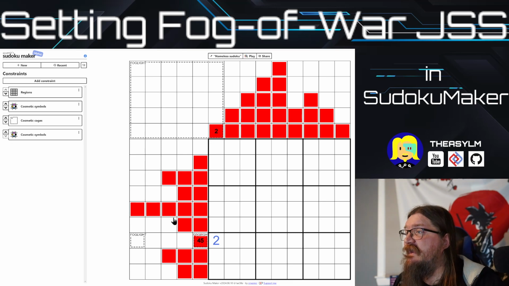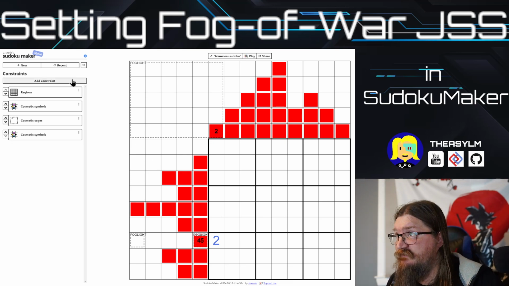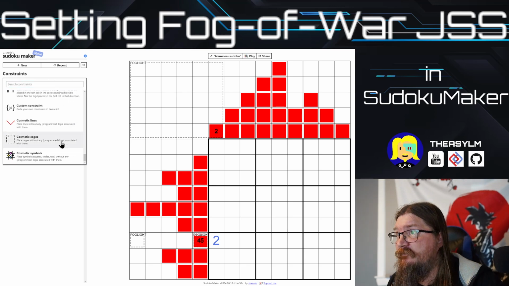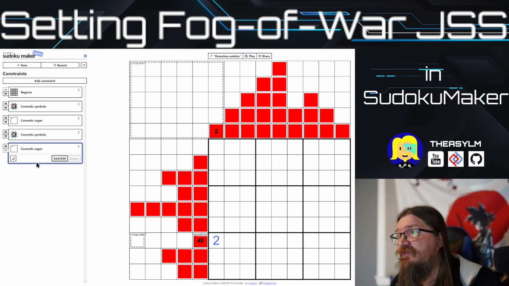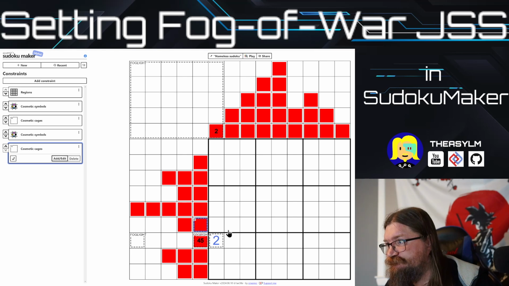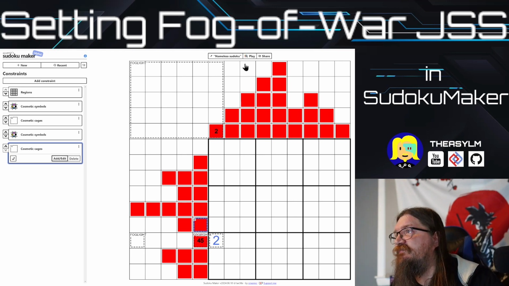So when I want to add a cosmetic region, like cosmetic cage, rather, another one, I just add another constraint that's cosmetic cages, and notice I have 2 of them now. This one is only for fog lights. This one is only for fog reveal clues. So we put a cage here and we'll call it A. And we'll put a cage here and we'll call it A. Now when we click play,